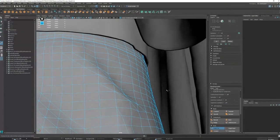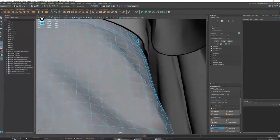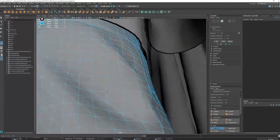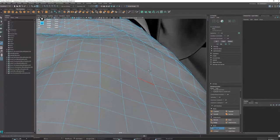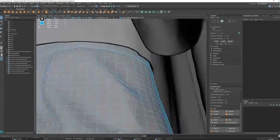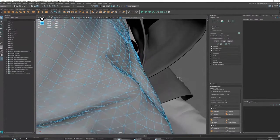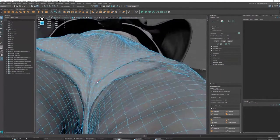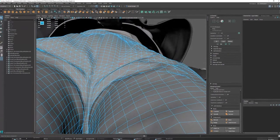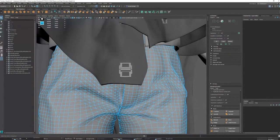If you start looking at this one, you can see it's a bit more jagged, but it's got that support there where it's actually able to conform around the shape as opposed to just fall in on itself. This is probably a bad example, but you can also see what's happening here. Instead of trying to sawtooth and go in and out, it's smoothed out and straight, and it's creating the shape of the fold as opposed to just sawtoothing in and out and not knowing what to do. So that's what's going to give you the best bake result and the best end result